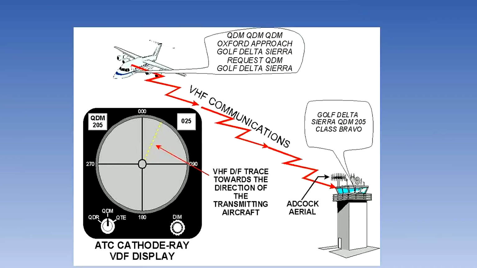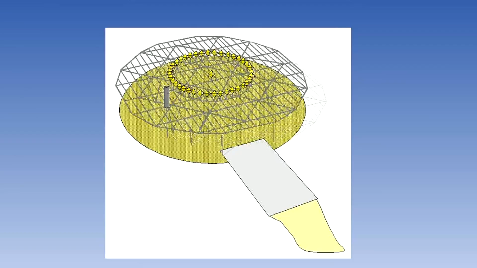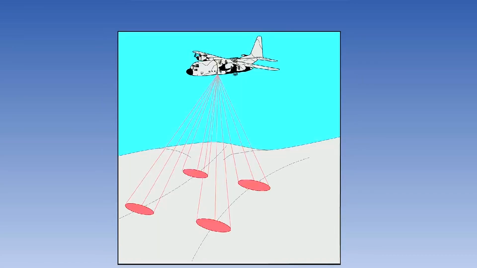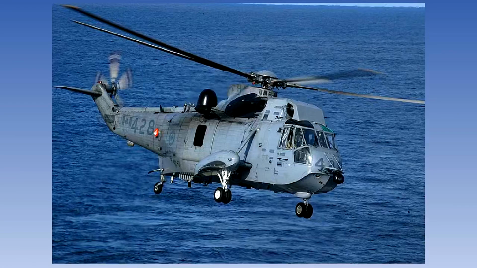The Doppler principle is used in VHF direction finding, radar and VOR equipment, all of which we will look at in their own lessons. An airborne Doppler navigation system uses this principle to measure aircraft ground speed and drift. However, this is old-fashioned technology now, and airborne Doppler has been superseded by inertial-based systems for navigation. Doppler may still be found in helicopters, where it can be useful for autohover.